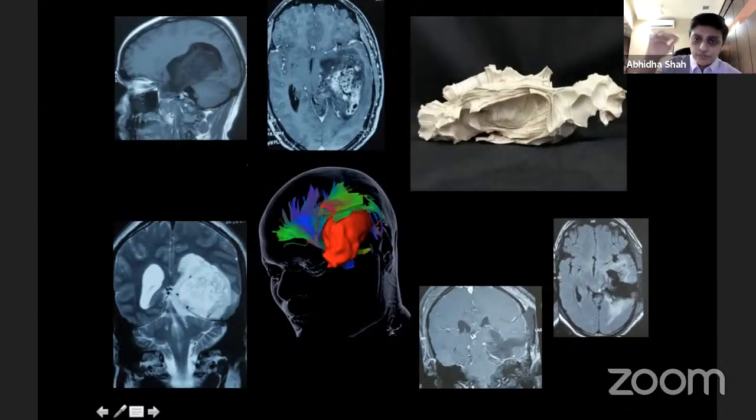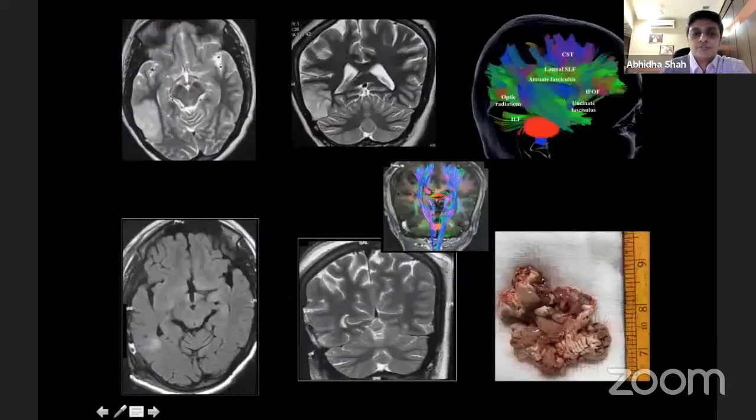So when you enter from this, all the fibers are displaced superiorly. So you're entering in this region actually. So you're not going to cause any damage to any fibers, even the optic radiation. And you can see the radical resection that has been performed. Now this area is a relatively safe area in the inferior temporal gyrus. There is no fiber here. The only one is the ILF that will be pushed superiorly by this tumor, and an en-masse tumor resection